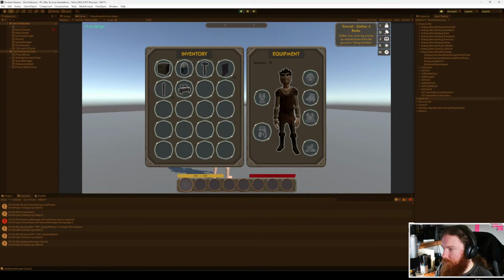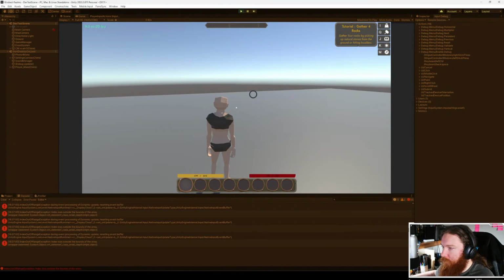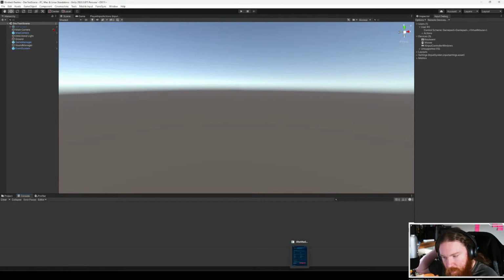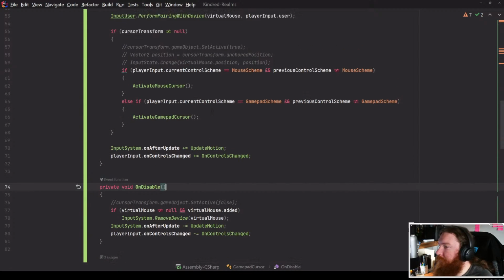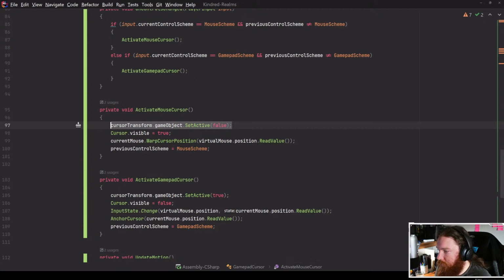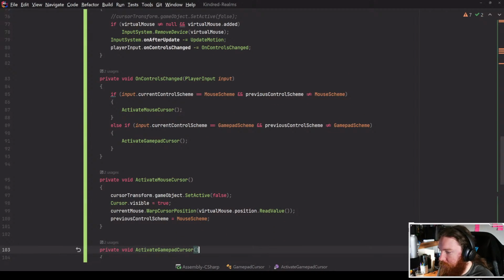Awesome. And the swapping works perfectly. Oh, it didn't disable it. What is going on? Well, it doesn't matter what control scheme we're using. I want the cursor. I want this to go away. What should be going away? On